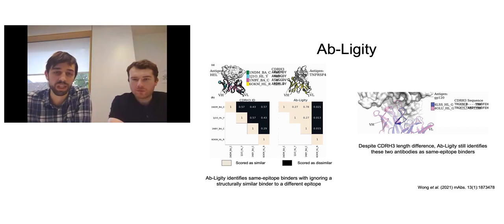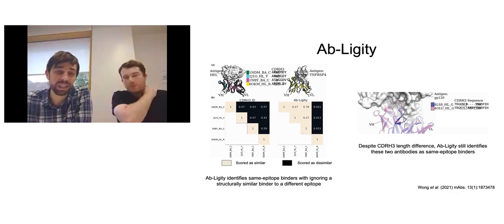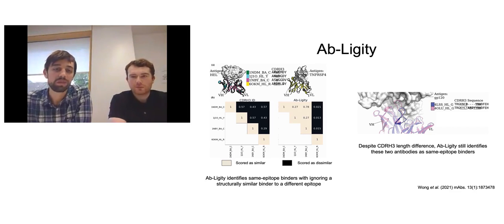If we think instead by ABlgity, we are actually able to surpass the ABlgity threshold for all of the antibodies that engage the same antigen, whilst retaining the sensitivity of finding the antibody that doesn't engage the same antigen, which doesn't meet the threshold. What we're showing here are the paratopes of these antibodies, underlined in bold. Sometimes the paratope identity would fall below the clustering threshold, but because the spatial positioning of certain key residues across the interface is similar enough, we group together the antibodies likely to bind to the same site.